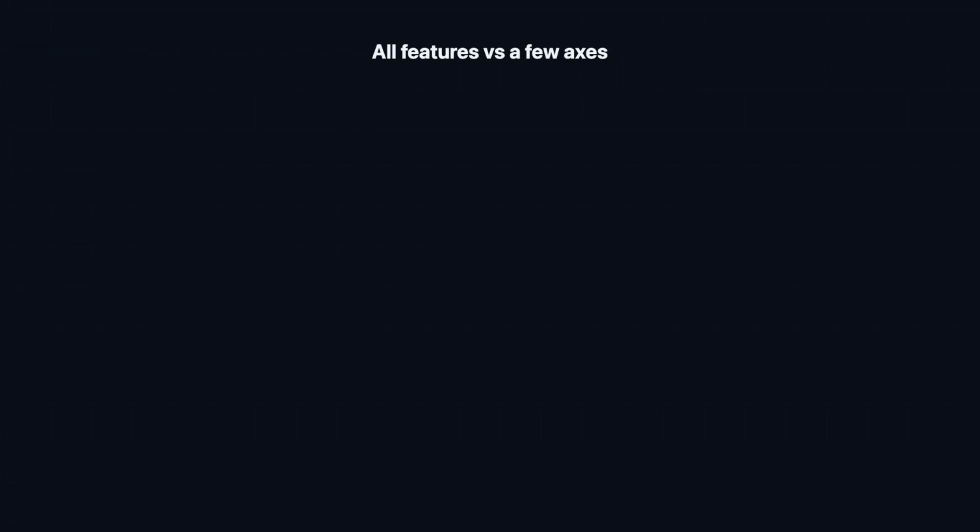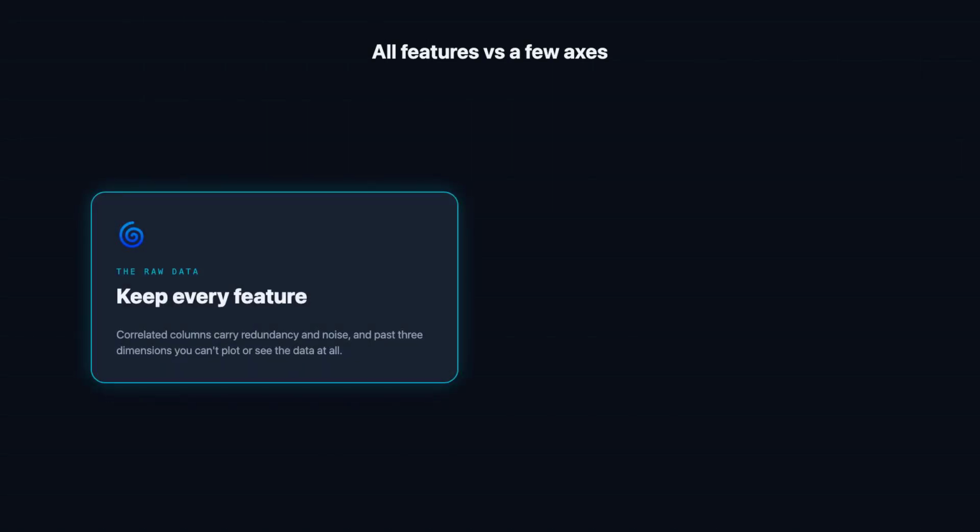Now, to appreciate what PCA buys you, picture the problem it's solving. Keeping all of your original features sounds like the safe choice, but it rarely is. Many of them are correlated, quietly saying overlapping things, so you end up carrying a lot of redundancy and noise. And once you're past 3 columns, you simply cannot plot the data or see its shape with your own eyes